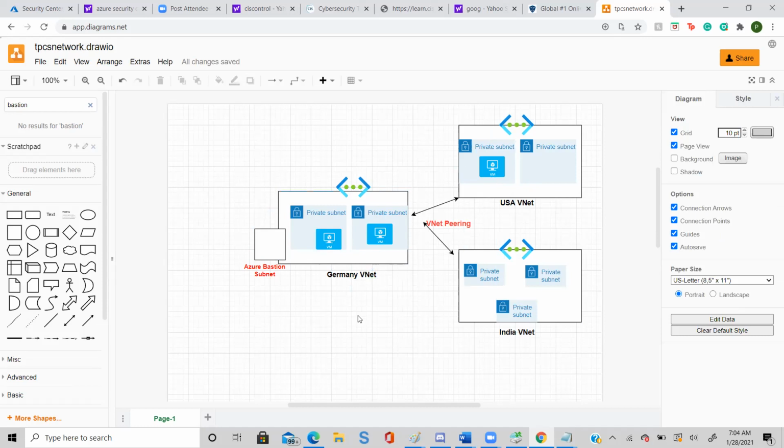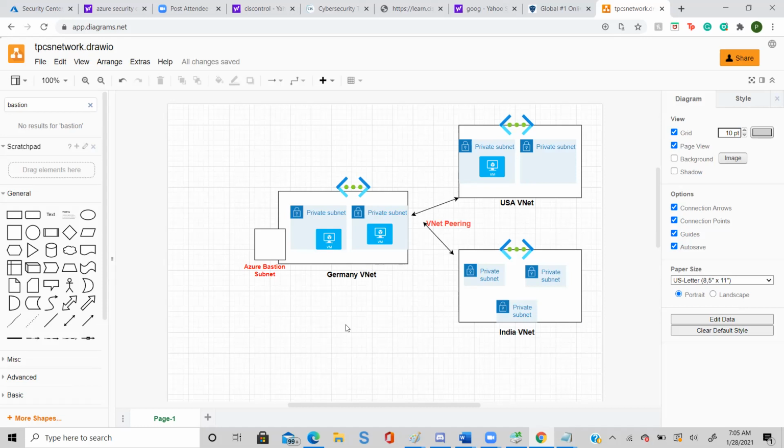But the problem with the Bastion network is that it requires you to log into a portal, because this feature is available only in the Azure portal. It means that if you have to take control of your server, I need to grant you access on my Germany Azure portal. This is not possible because there might be a 10 people team in USA and a 15 people team in India, so I have to grant access to all these 20, 25 people.